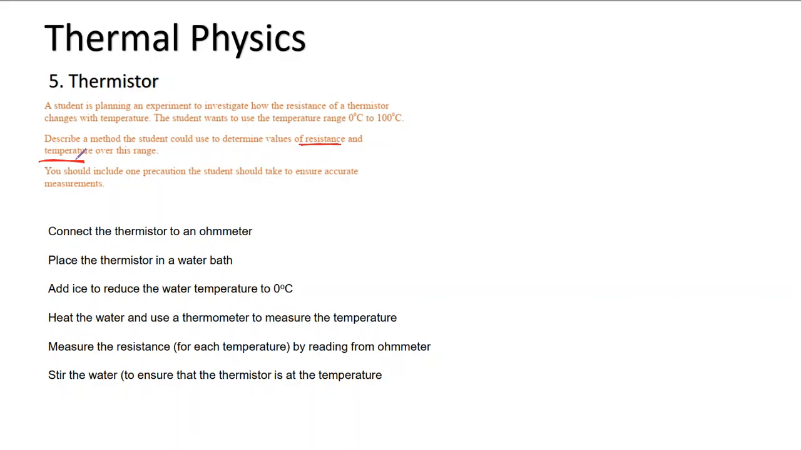So the very first thing you do is use a thermistor connected to an ohmmeter that will directly measure the resistance. Now place the thermistor into a water bath. Cool down the water bath and then start heating it. You have to add ice to the water bath to bring it to 0 degrees Celsius. Otherwise, the water bath will be at room temperature. You have to lower it to 0 degrees Celsius using ice. Heat the water and use the thermometer to measure the temperature. Measure the resistance for each temperature by reading from the ohmmeter. Stir the water to ensure the thermistor is at the temperature